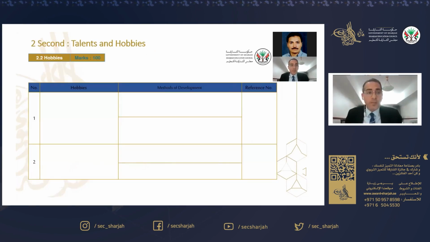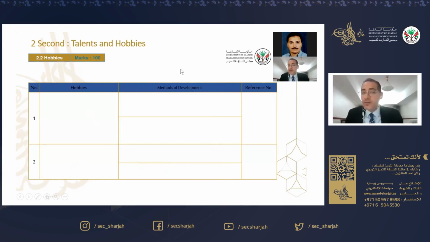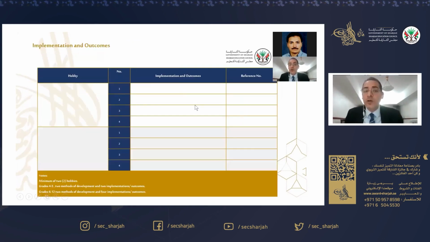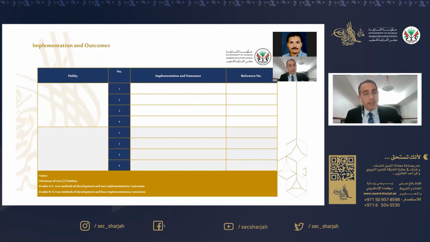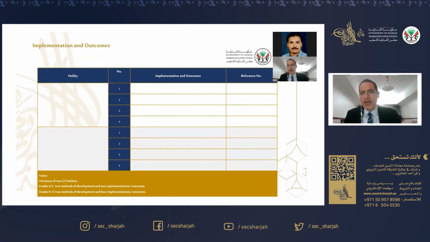Now, hobbies, the same. You need to mention two hobbies, methods of development, and you also need to show what the outcomes of these hobbies are. And remember to attach all supporting documents or evidences, certificates, membership cards, photos.